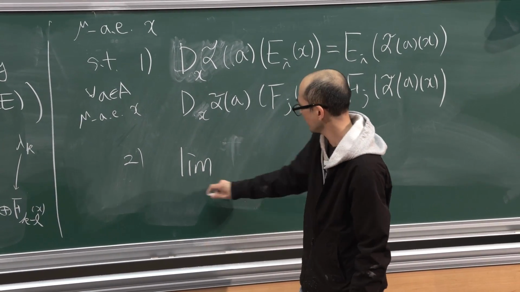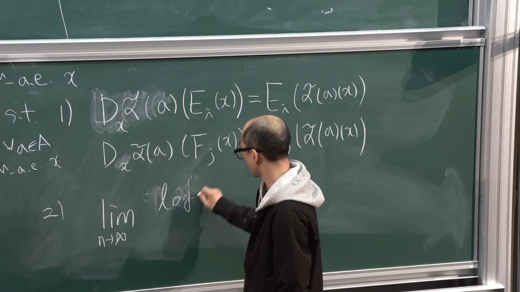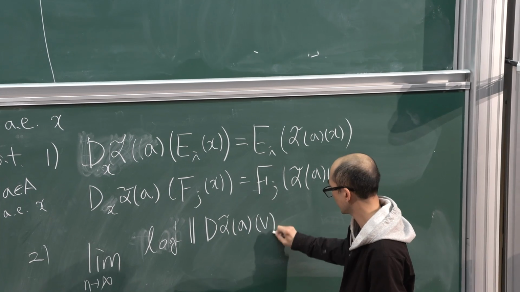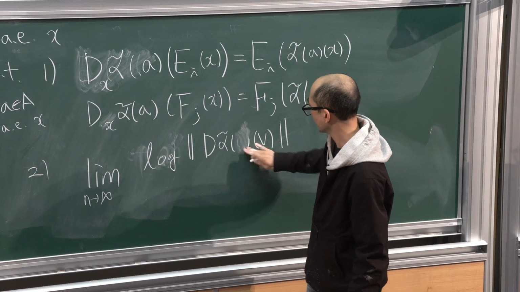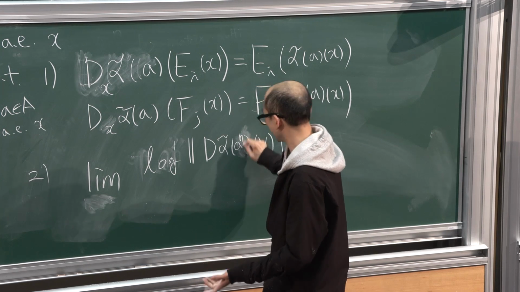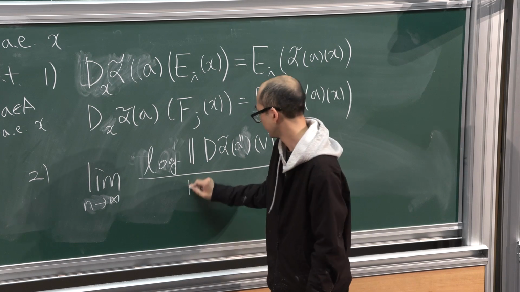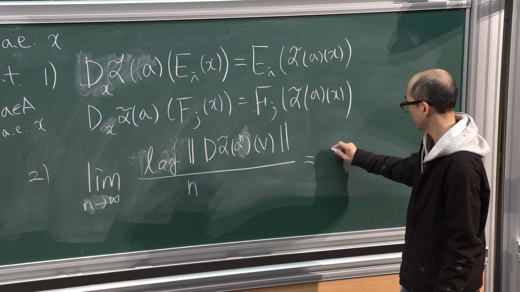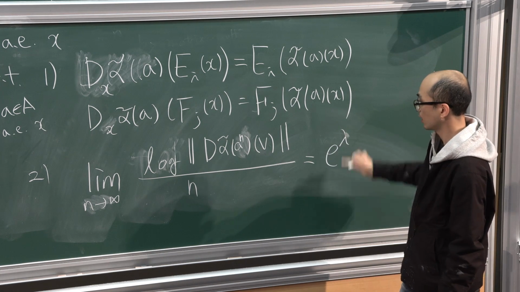But now let's say the limit as n goes to infinity of the logarithm of the growth rate, alpha tilde of A. If you plug V in here, and then put A to the n, n goes to infinity, and then divide by n, then this will be, because I have the here, e to the lambda of,